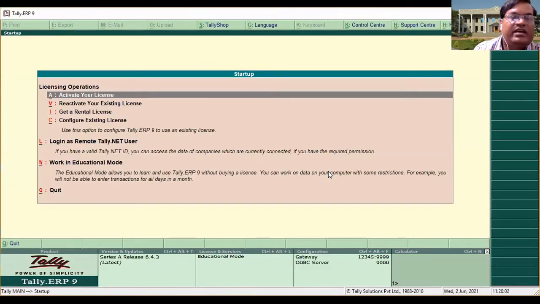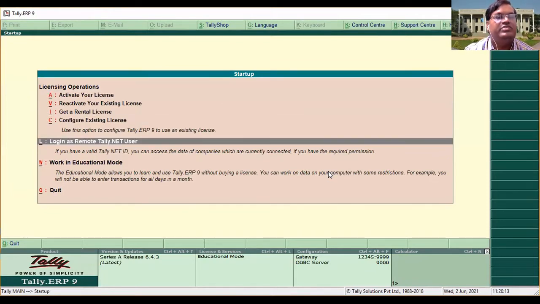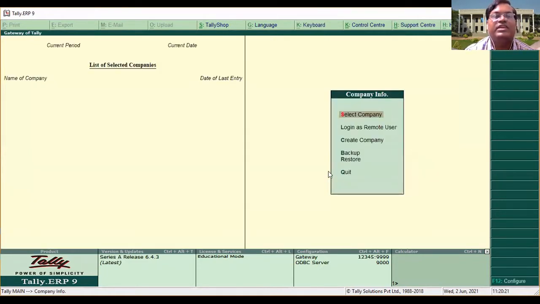Okay. So as I told in the earlier class, when Tally starts, in the startup screen, it is going to ask you in what mode your Tally has to start. You need to select the option work in education mode. Then you will get the first menu called company info menu.